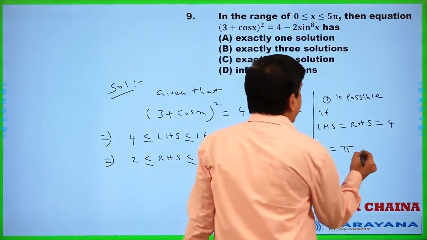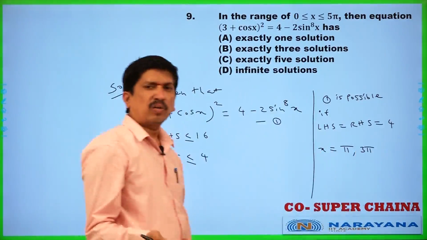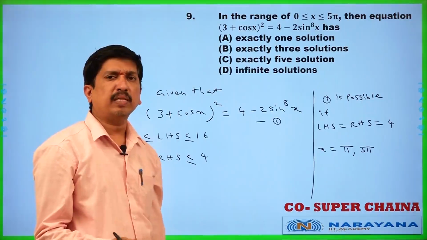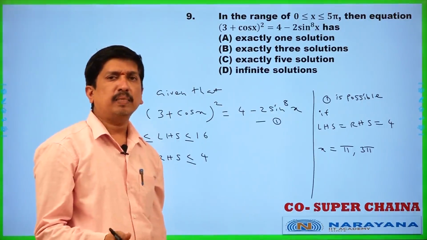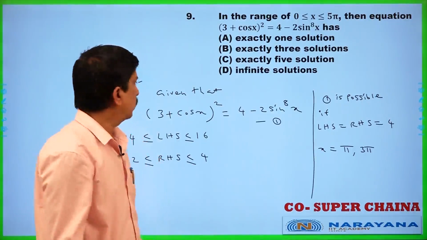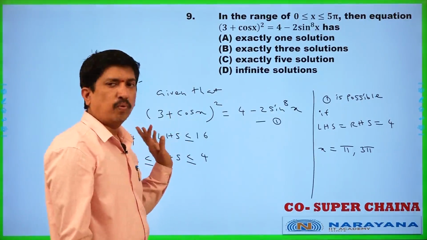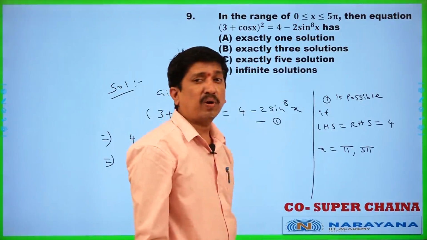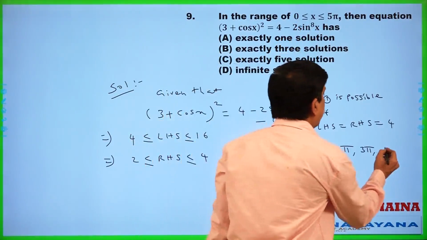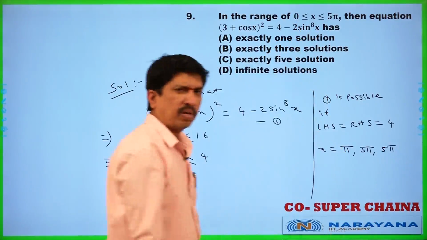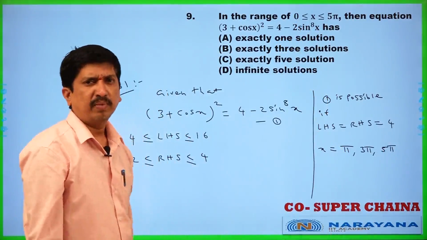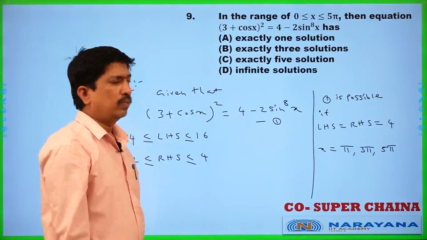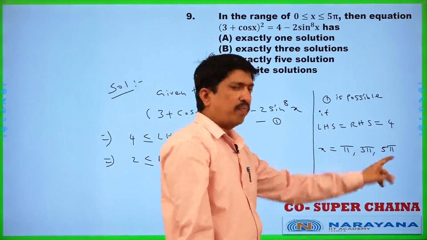Now, I will take 3 pi. Cos 3 pi is nothing but cos of 2 pi plus pi. Cos of 360 plus theta, again cos pi is minus 1, 3 minus 1 whole square, you will get 4. Again, here you observe that 0 is less than or equal to x less than or equal to 5 pi. Another value I am taking is 5 pi. Possible or not possible? Yes, 4 pi plus pi. Again cos pi is minus 1, 3 minus 1 whole square, you will get 4 only. So, pi, 3 pi, 5 pi are possible.